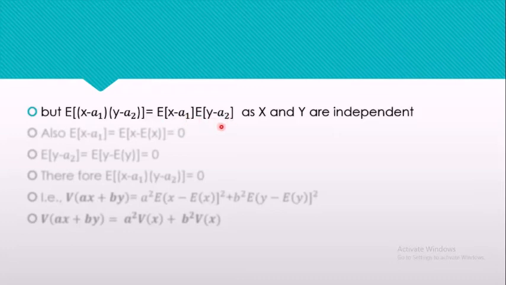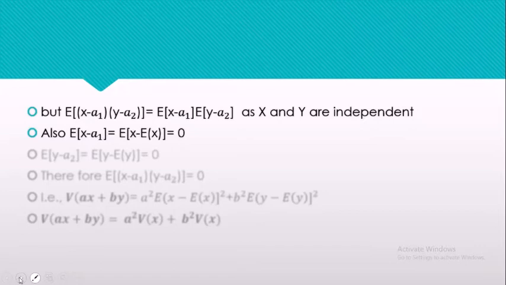So how did I write like this? Because x and y are independent. It's already set in the question. Okay, since you have studied the multiplication theorem in terms of expectation, from that result I wrote this. Now let's have a look at what happens. So when I consider this particular term, expectation of (x minus a1), I'm going to take this expectation inside. So when I'm taking expectation inside, I get expectation of x minus expectation of x, which is 0. So this term is 0.